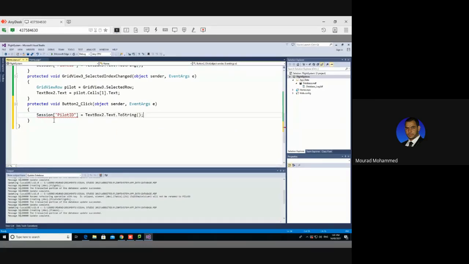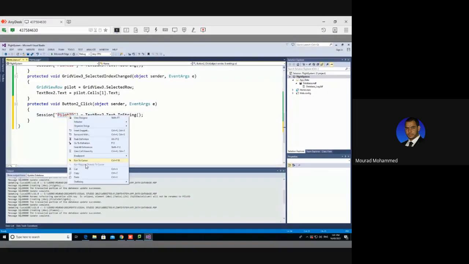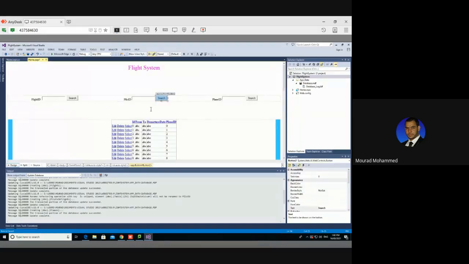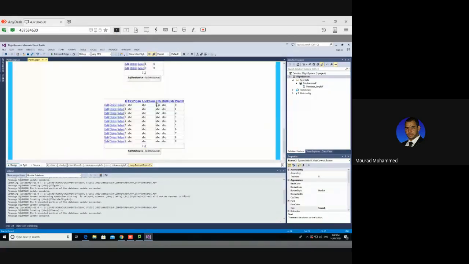Yes, great. Finish. Pilot ID. This is the one I'm going to copy. Yes, I'm going to save first of all. Save. Come back here. The session we copied, we are going to use to display the details of the pilot